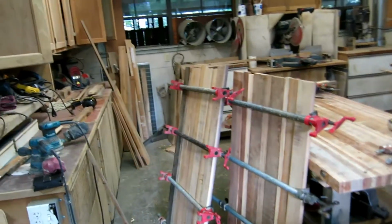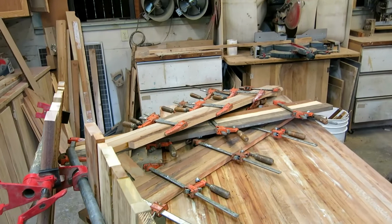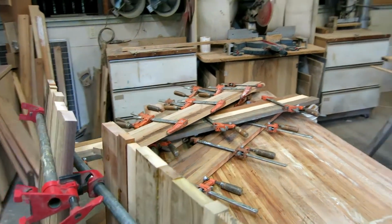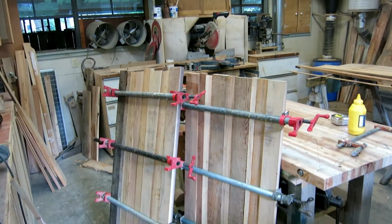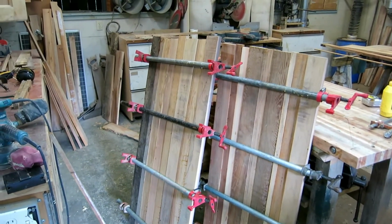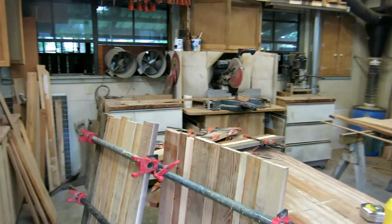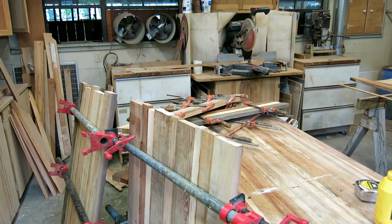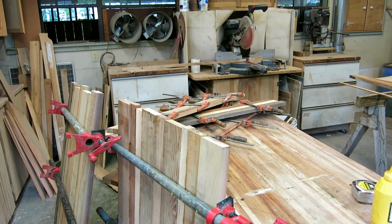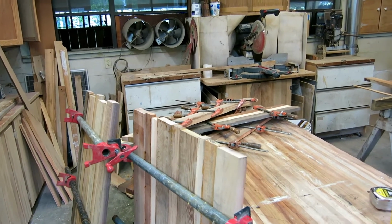So this is the first day's drawer side glue ups. I wasn't paying too much attention to the width, but the length of these is long enough to get a side and a front out of. So I'll get all the clamps put away and I'll rip them to the right width, and the drops I will glue back together to make more widths,